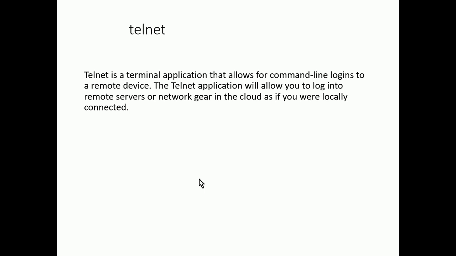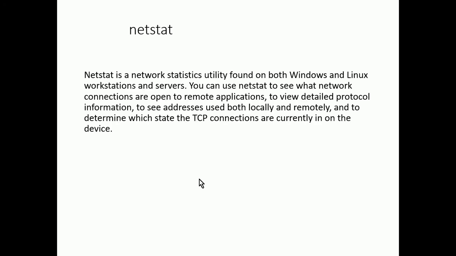The thing about Telnet is sometimes you do a ping and the ping says the destination is not reachable because the underlying protocol that ping uses is blocked by routers and switches and firewalls and things like that for security reasons. So you're going to assume that you can't get to it. But then if you open Telnet and try to connect to a specific port, that might work because you're not using the protocol that ping or traceroute uses. So Telnet is also a good tool in our toolbox for network troubleshooting.